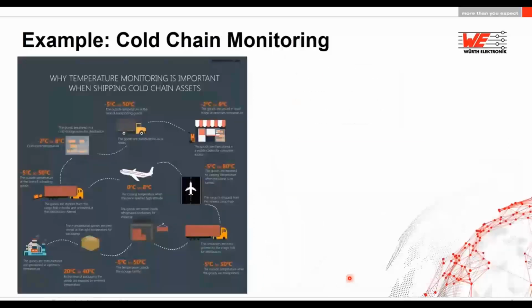Here is an example of cold chain monitoring in the food industry, where the product is manufactured in certain environments and it is also transported and then stored in certain conditions so that it doesn't go bad or some microorganisms don't start evolving in the food. And these things must be taken care of from the production to the plate, and the production to the plate is not a small journey. It sometimes takes lots and lots of days and goes through